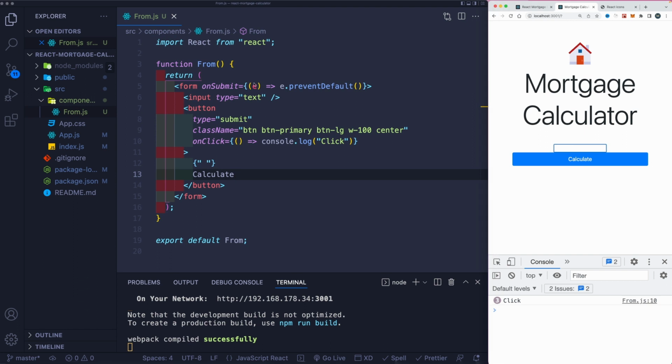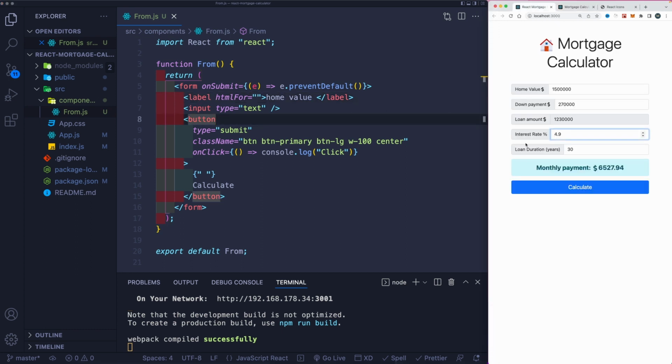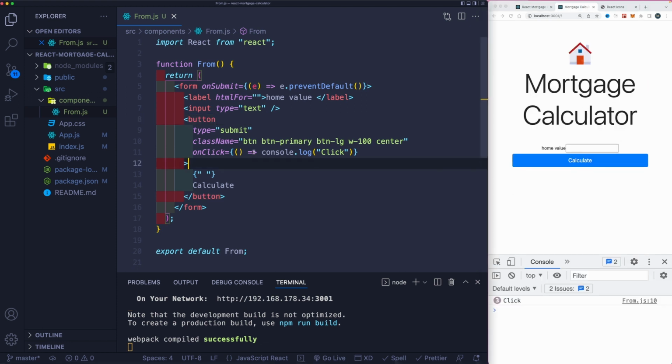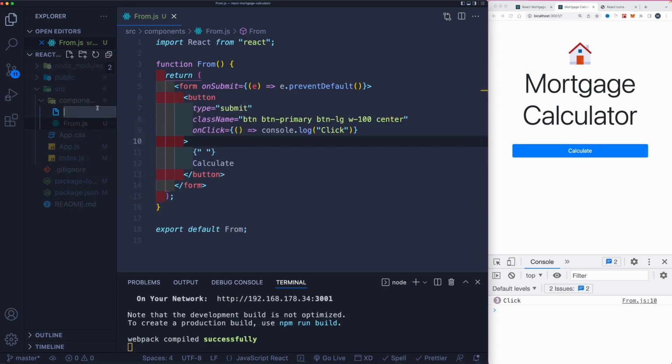Now we need here a label, and let's say this label will be for the home value. Now, because I would need to repeat this and style each of these labels and input tags, let's say 1, 2, 3, 4, 5 times, I'm not going to do that. I'm going to create a component that is going to make my life easier. So let me delete this and go ahead and create another component. We're going to call this component form input